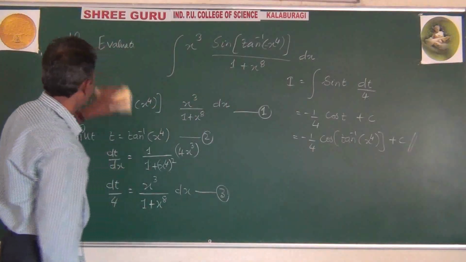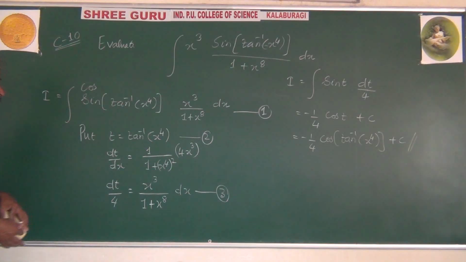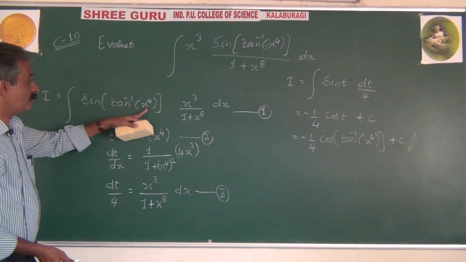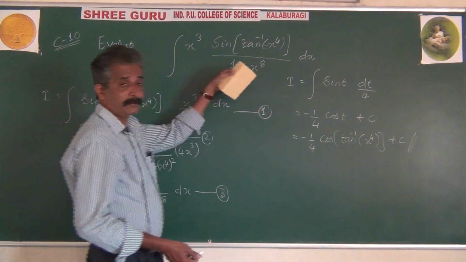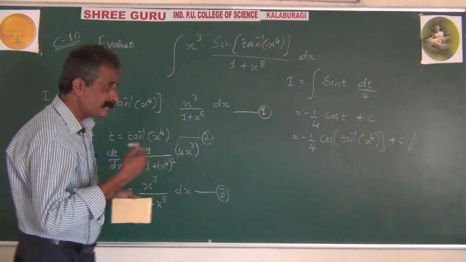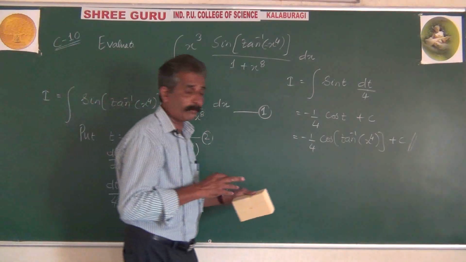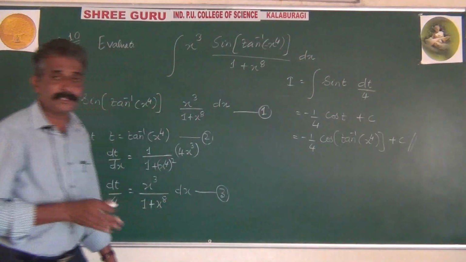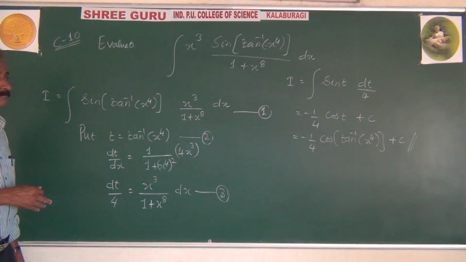Or instead of sine, it may be cos, it may be sec, it may be cot, it may be cosec. So this one example can be put in several ways. And not only x power 4, if it is x power 5, it will be given 1 plus x power 10, supported by x power 4, like that. So when we solve one problem, it's not one problem, it's a multiple of problems. Only the expression can change, sin to cos, cos to sin, sin to tan, but the working method will remain the same.